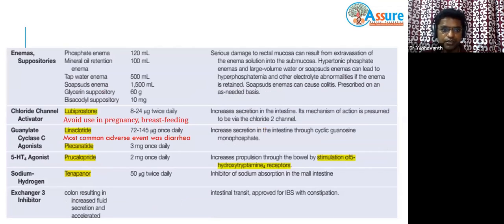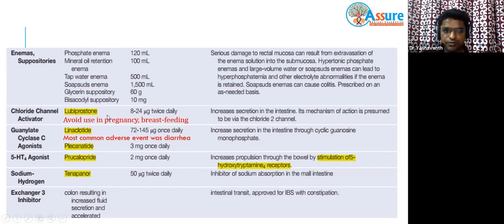Second step, going ahead. Next, you have enemas. Few enemas like soap water enema cause a lot of irritation to the mucosa and preferably should be avoided. And if you're planning for colonoscopy or a sigmoidoscopy, some unprescribed enemas should be avoided because this irritation itself can mimic a colitis.